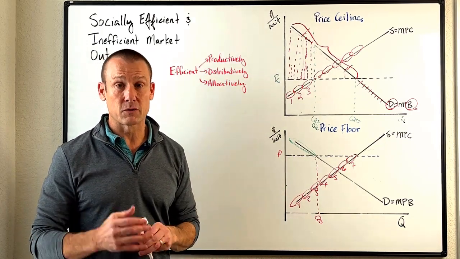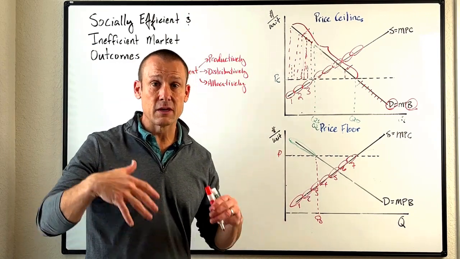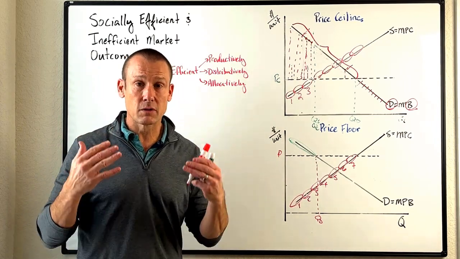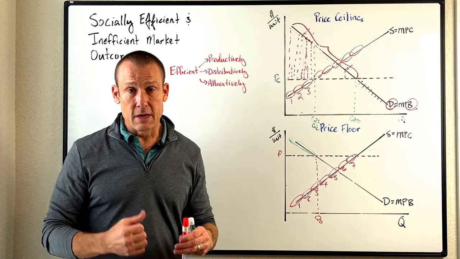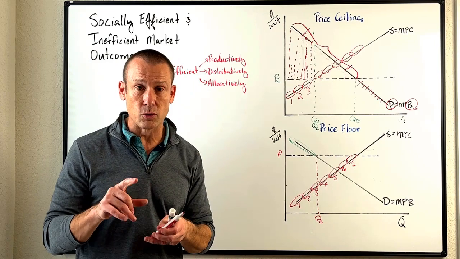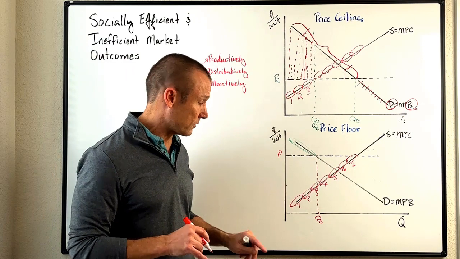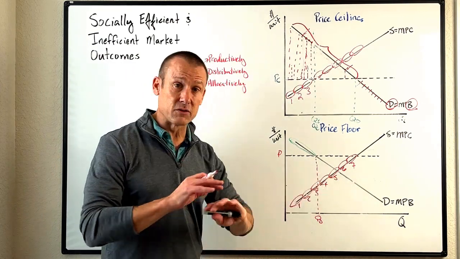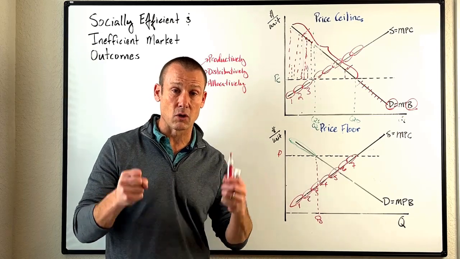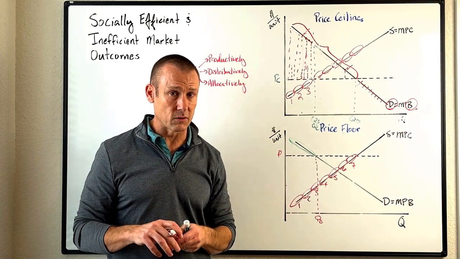So who's going to go out of business? The ones that have the worst advertising or marketing or perhaps location. It's going to be something else besides price that's deciding who's producing the good. Okay, and we might say, hey, that's fine, I don't mind, it's the better advertiser, the better marketer. Fine, that's true. But again, you could end up in a situation where 5, 6, and 7 end up producing the good, and 1, 2, 3, and 4 don't, and that's not productively efficient. We want to be productively efficient. We want the lowest cost producers to produce the good, else we're going to have some waste in there, okay?